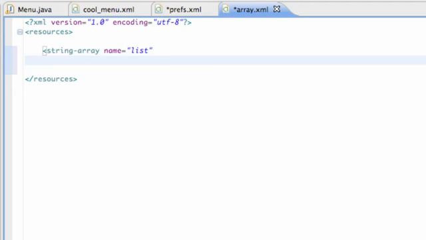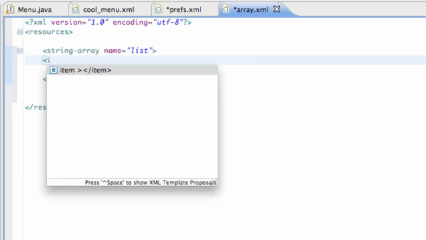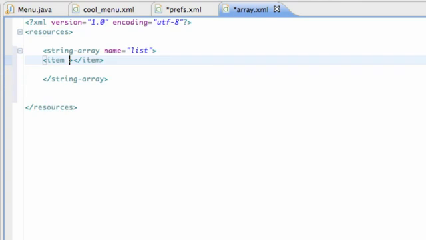And then all we're going to do is set up some items within this string array. So we need to finish off our string array. That's all we need to define it as, and then hit enter a few times so we can work within the string array and add some items to it. So we're going to say item, and then you don't even have to set up the item like we generally would. We just need to put something within both the item and the close item brackets there, and we're going to call this, I don't know, option 1,